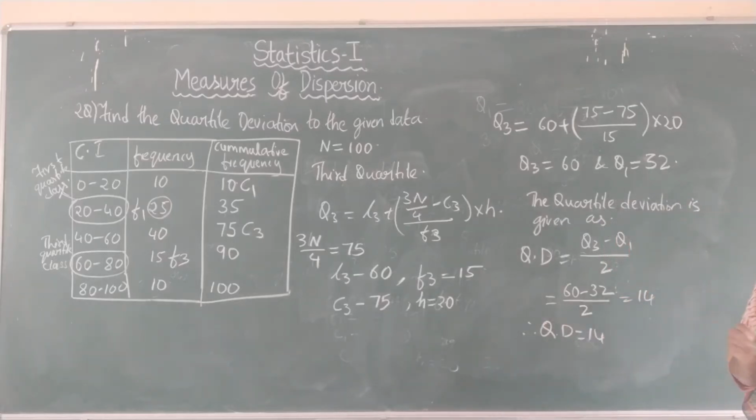In this way we will be finding the quartile deviation for the ungrouped and the grouped data. In the next class we will be seeing the different merits and demerits of the quartile deviation, and also we will start